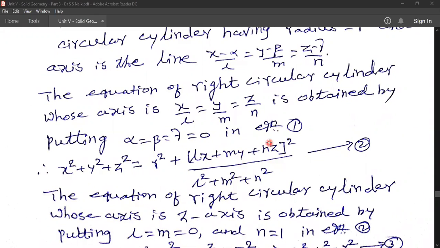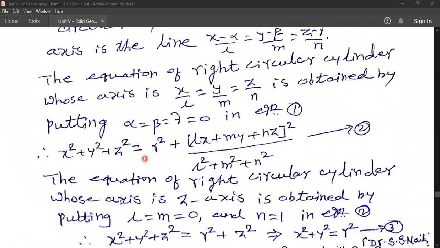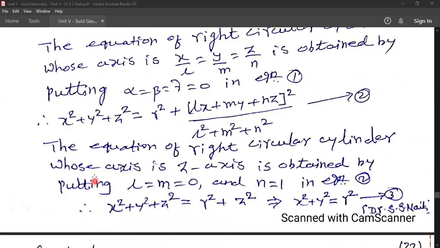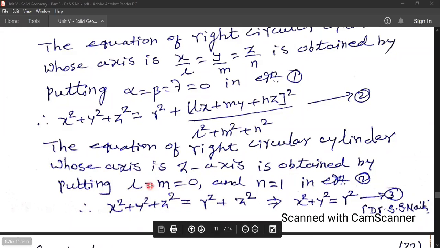Then (lx + my + nz)² divided by l² + m² + n² is the equation of a right circular cylinder whose axis is x/l = y/m = z/n. And now we want to find the equation of a right circular cylinder whose axis is the z axis. It is obtained by putting l = m = 0 and n = 1 in equation number 2. That means from this equation, I want to find the equation of a right circular cylinder whose axis